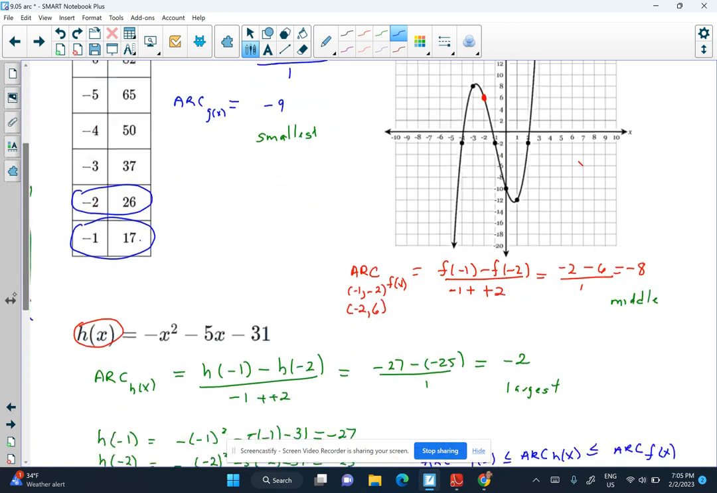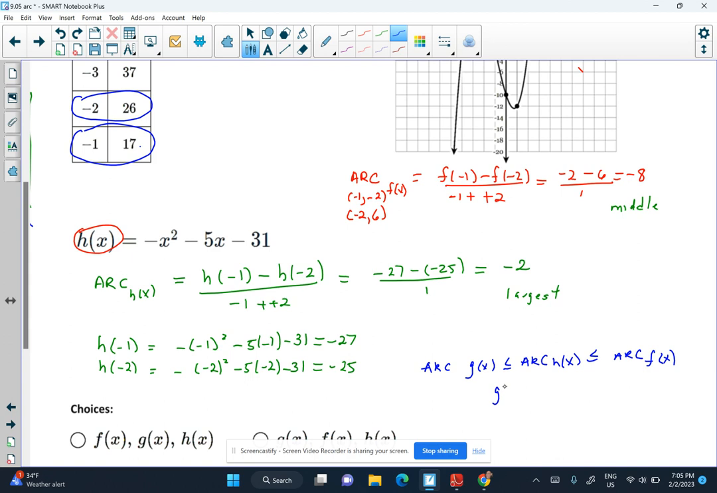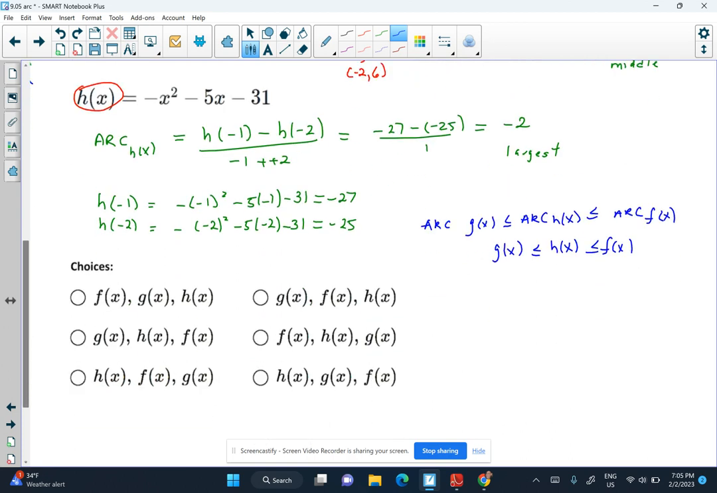I think I just had to order the function, so I think you could have just written g of x, and this is, I think it's multiple choice. G of x, h of x, and f of x. I didn't catch that it was multiple choice. So that would be